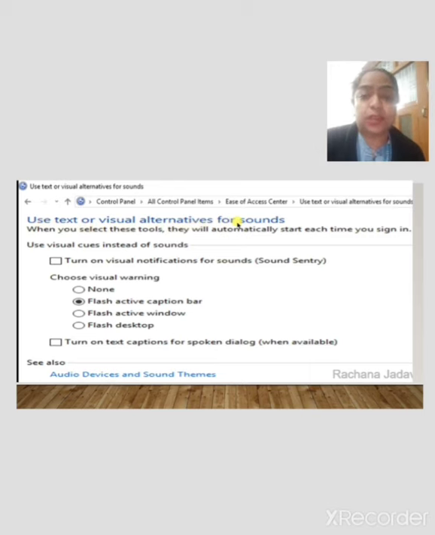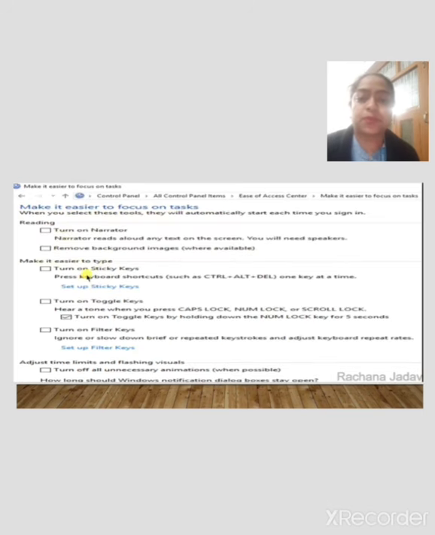Then you can also use a text or visual alternative for sound. If any person has a hearing impairment, for that you can use the text or visual alternative for sound. Make it easier to focus on tasks. Means you have to focus on particular things which you want to be magnified with the help of zoom in or zoom out.